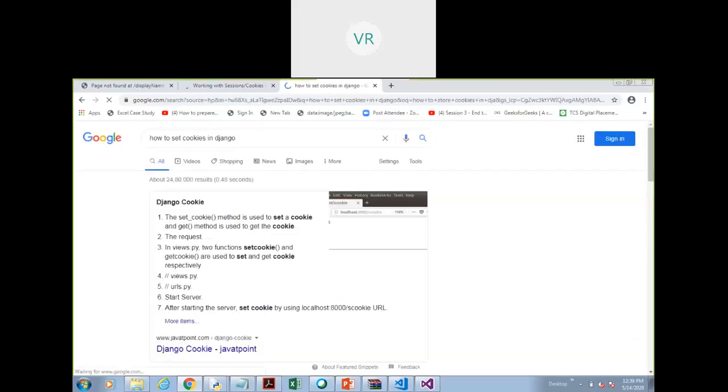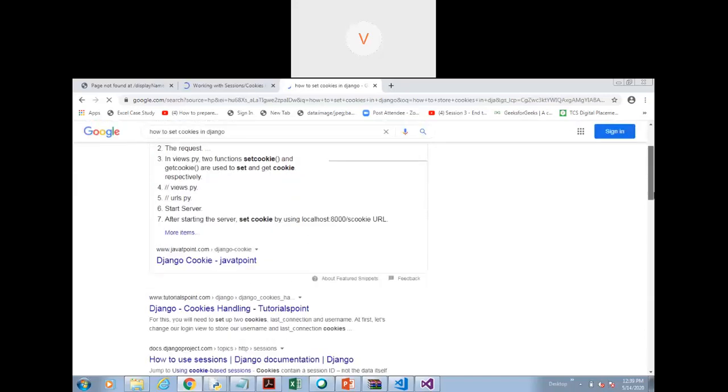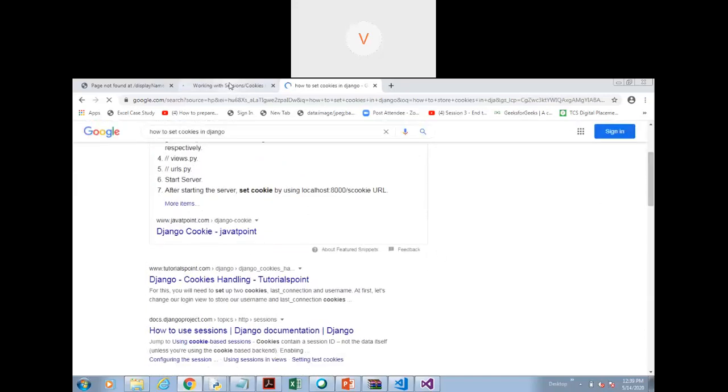So for Flask, what we had seen was create the response object. Then we have to create the cookies. Now here what we will do is we will see how set cookie method is to be used. So we have to set the response object directly, HTTP response object. So how do we do that in Django? I'll just cross check with that.